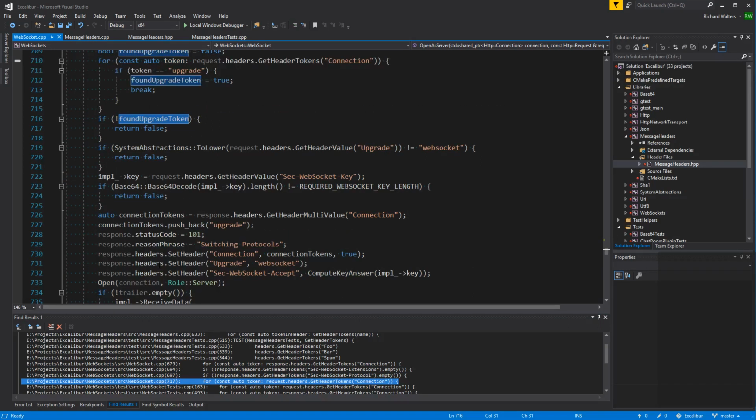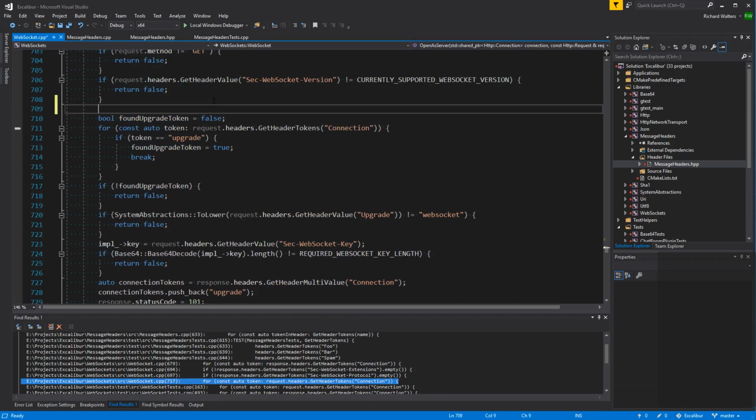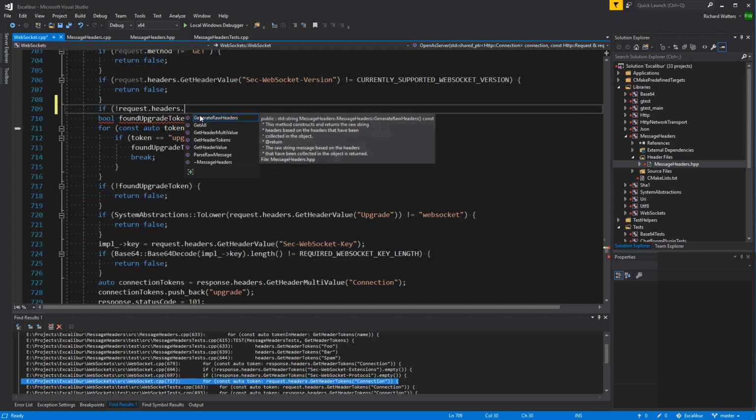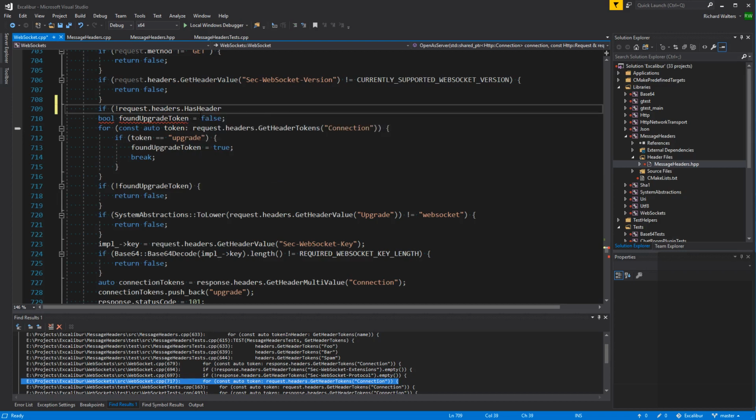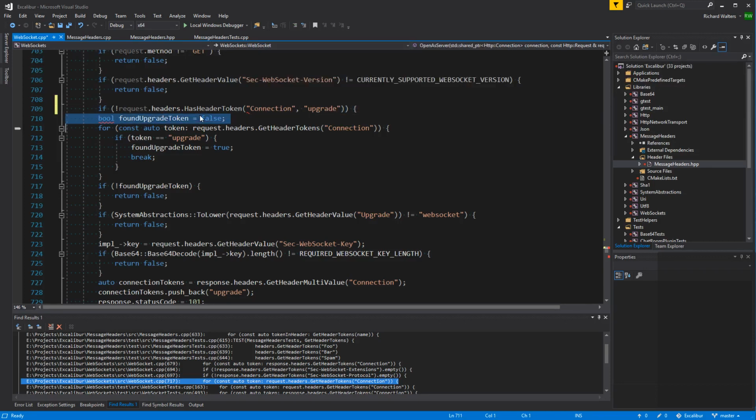Okay, this one we can reduce again, if not this has header token. I'm keyboard challenged again. I think I'm just trying to go too fast.